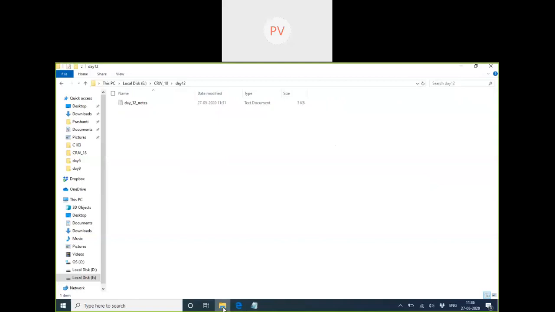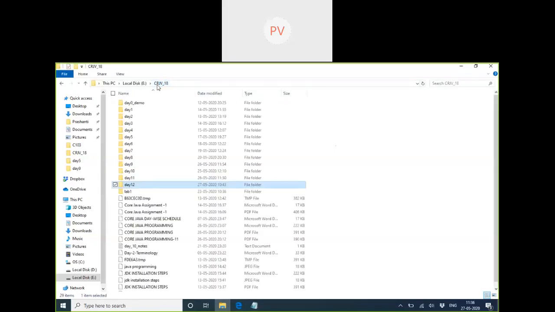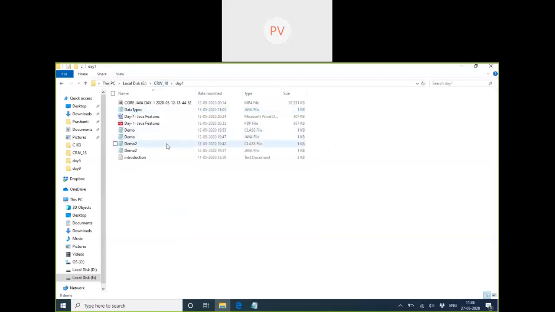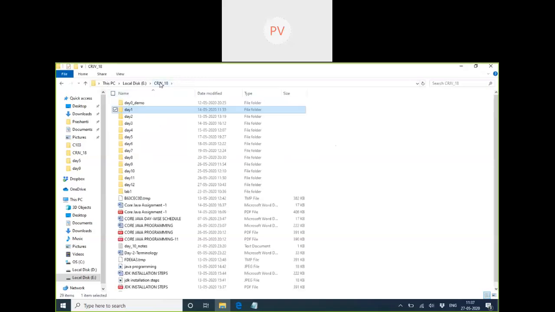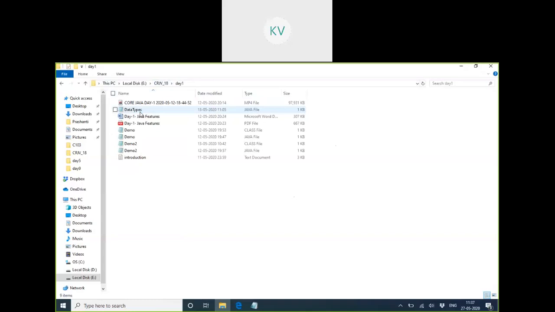Now we are writing classes, so just see the locations also. Maybe I'm writing the programs inside a folder. Every day's program is in one folder. So here we have some classes called demo 2, demo 1. But it is visible till which folder? By default, it is visible to which folder? Can I see this folder's file names from outside the folder? No, ma'am. Or we have to go inside the folder? You have to go inside the folder.